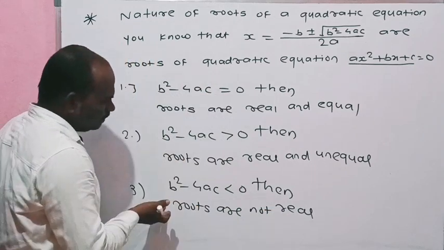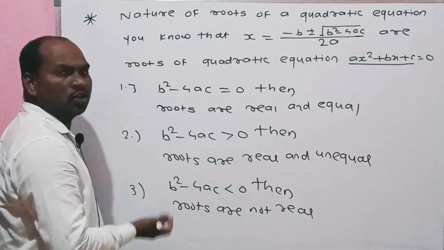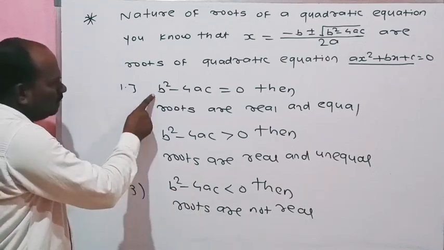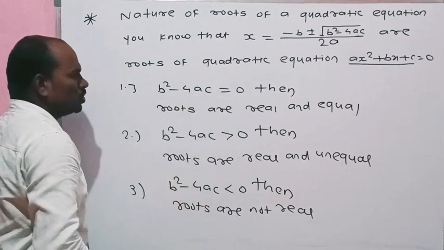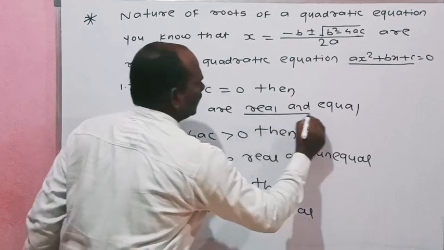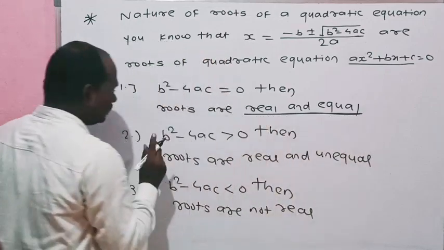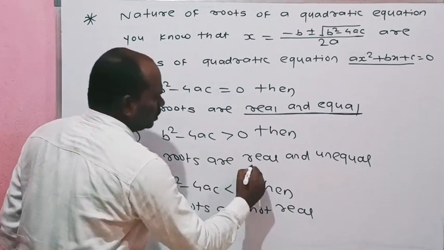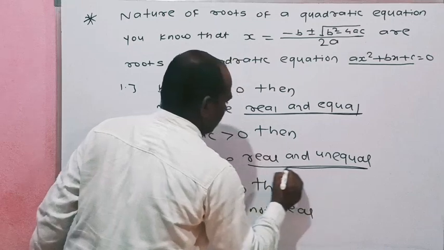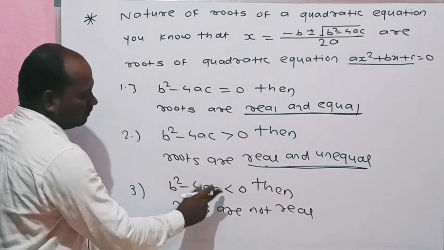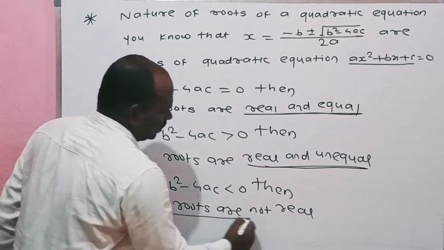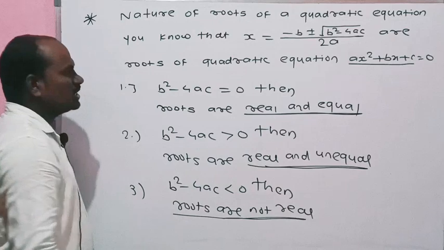That is, we can say the nature of roots of quadratic equation. You know that if b square minus 4ac equal to 0, the roots are real and equal. If b square minus 4ac greater than 0, the roots are real and unequal. If b square minus 4ac less than 0, then roots are not real. In simple way,